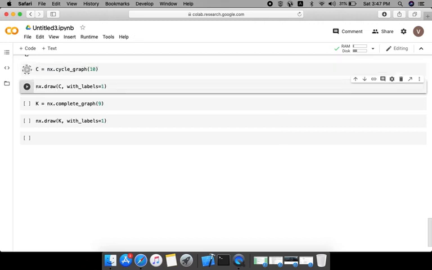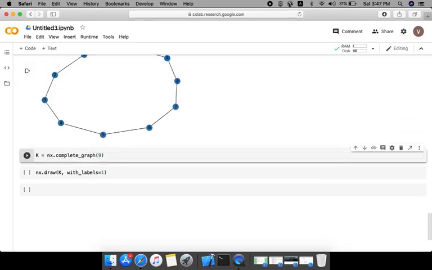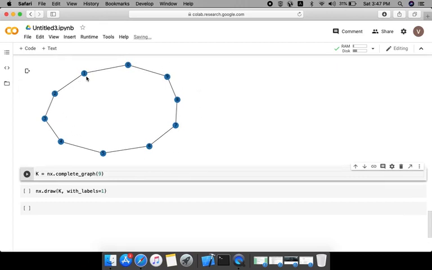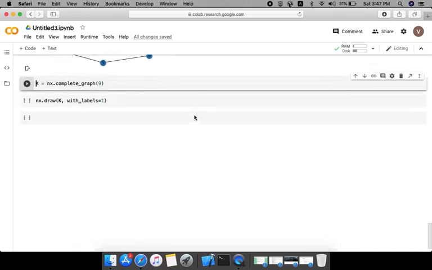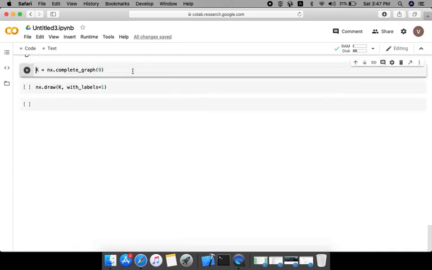Here I created a graph, and using the nx.draw command with C in the brackets and the with_labels attribute, I can get a cycle graph with 10 nodes all labeled 0 to 9. Now, after path and cycle graphs, you can also draw a complete graph in Python using a command. So the command is K = nx.complete_graph(9).